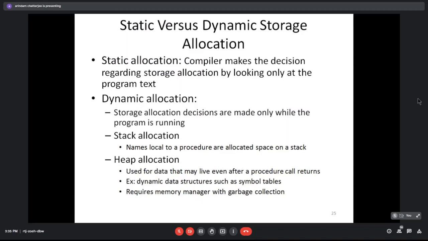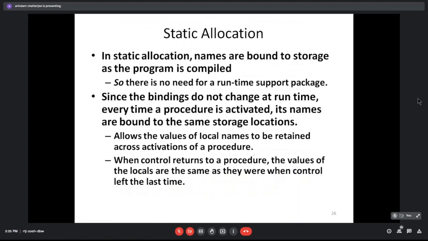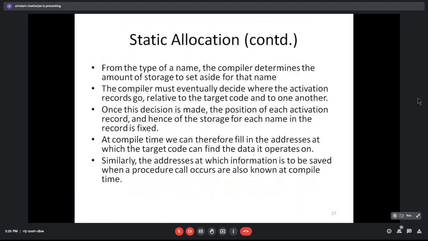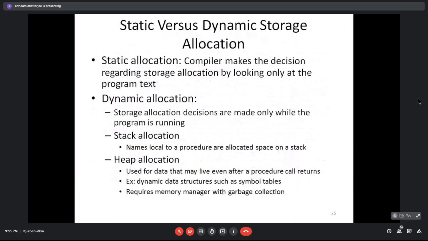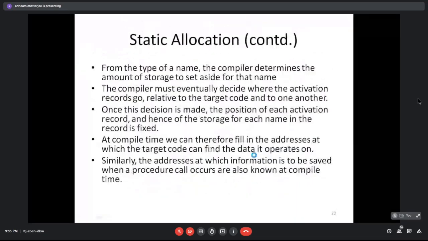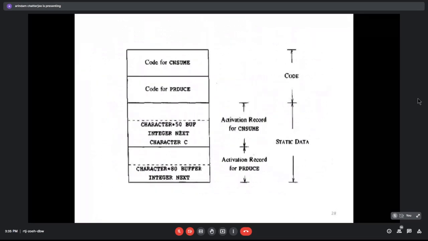Okay, so now we come to static allocation and dynamic allocation. I think I'll stop here because this will go on for some time. So next week on 14th, we'll start with different types of allocation, basically static allocation, dynamic allocation, and in dynamic allocation, what are the things there?